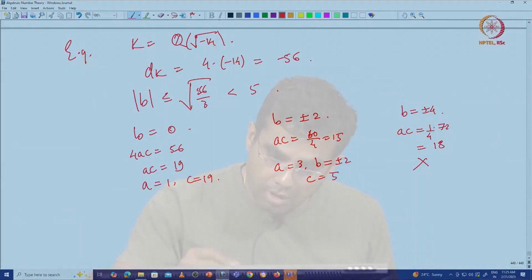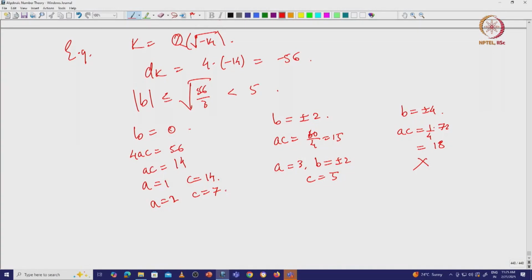But what did I do wrong? Sorry, this should be 14. So this is 1 and 14, or A is equal to 2 and C is equal to 7. And so there are 4 reduced binary quadratic forms